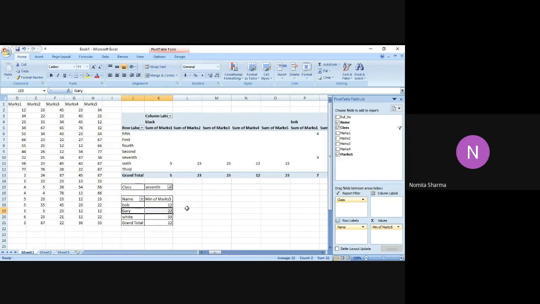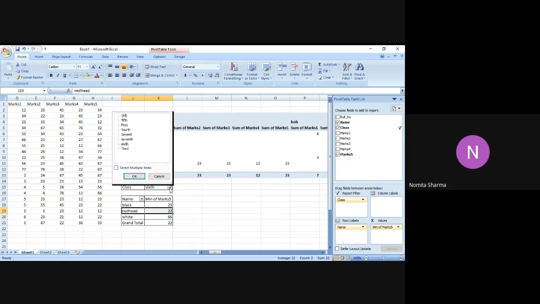And if you take another note, the original command which I have given over here, minimum of the marks, will be filtered accordingly, because now I've filtered on the class basis. So it will not give me the names and the marks for all classes. It will only give the names and the marks of the students who are in the 7th class. In a similar manner, if I make a choice of 6th class, I'm sure the names will change, and they have changed indeed. Earlier there was Bob, now we have Black, Red, Head, and White, and the marks are given accordingly.